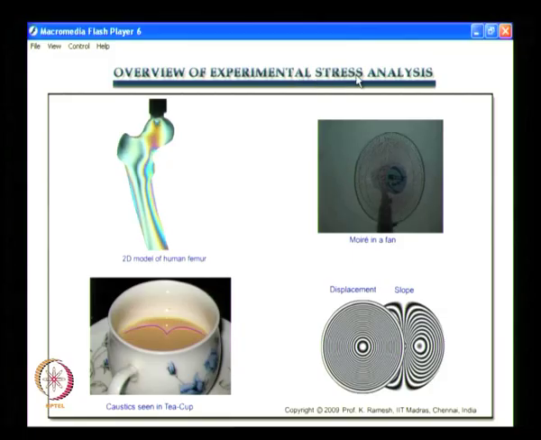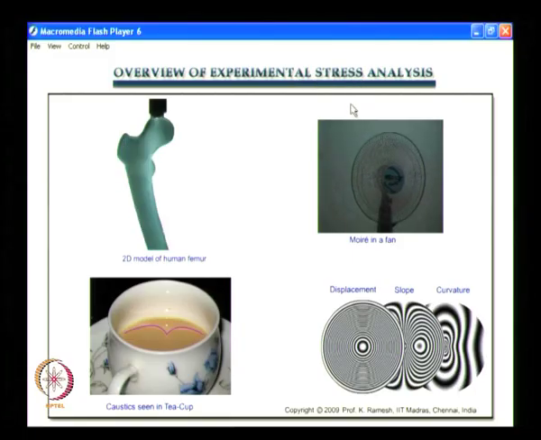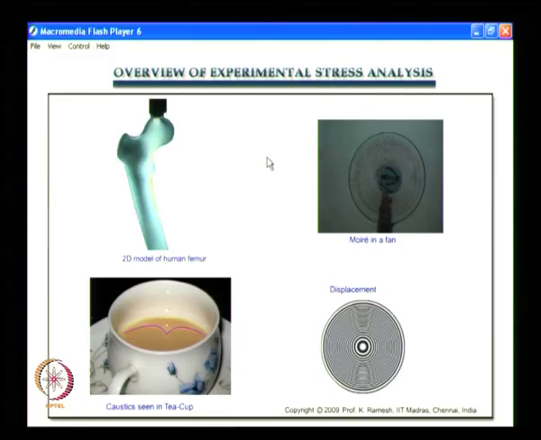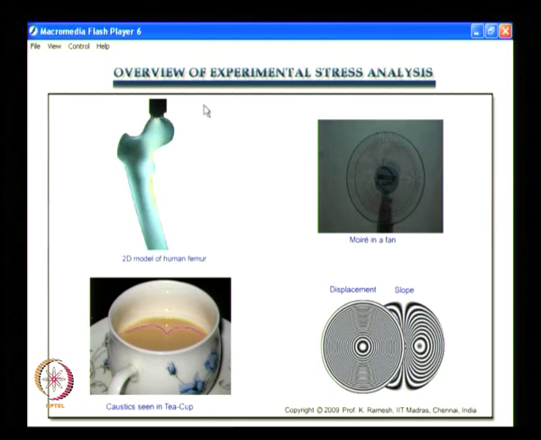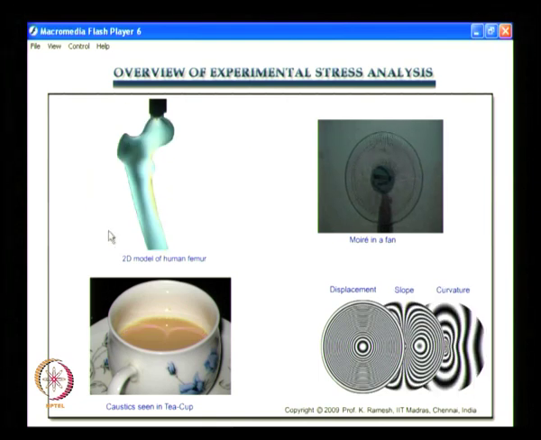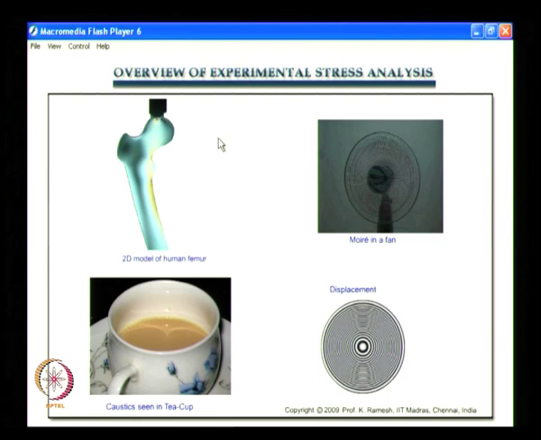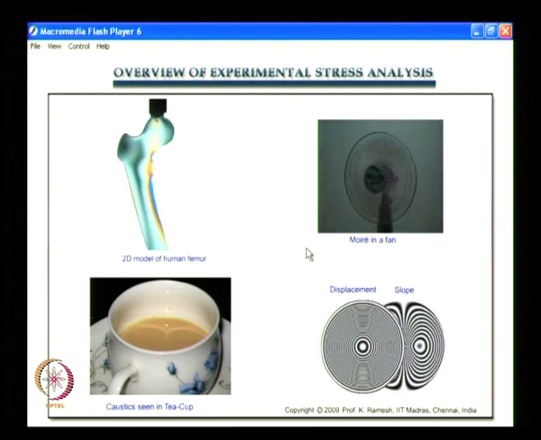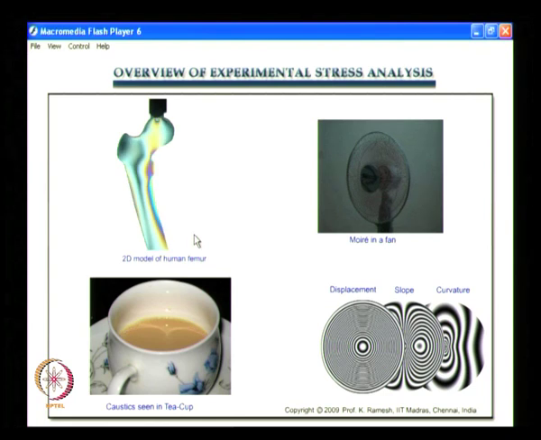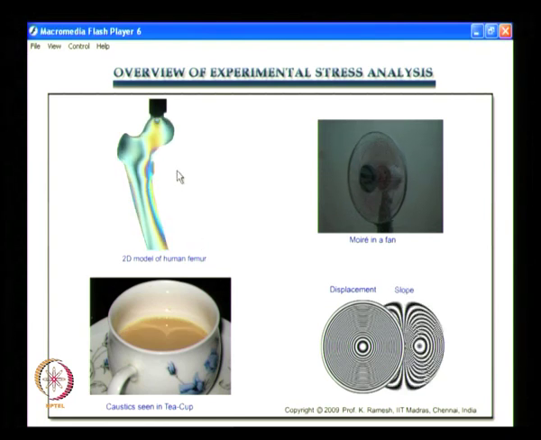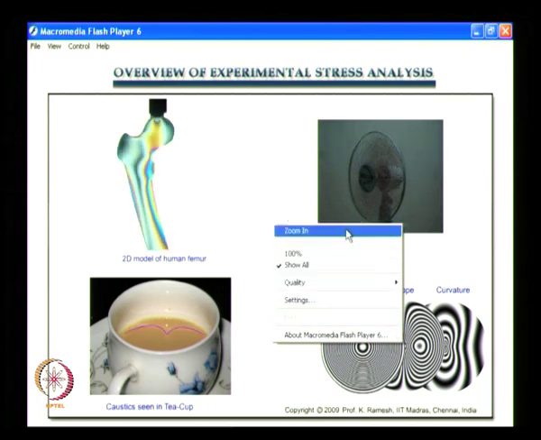We come to the concluding part of our discussion on overview of experimental stress analysis, and this slide was shown at the beginning of this chapter. Now, you must be a lot more familiar with identifying various techniques that are depicted in this slide. Here you see the use of photoelasticity for finding out the stress patterns, and here you find the use of